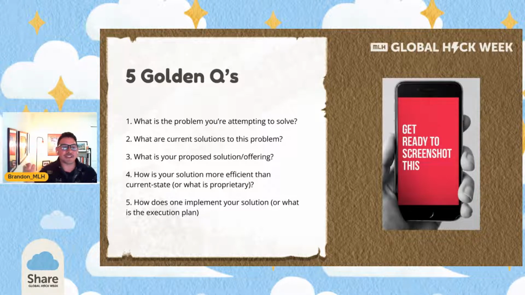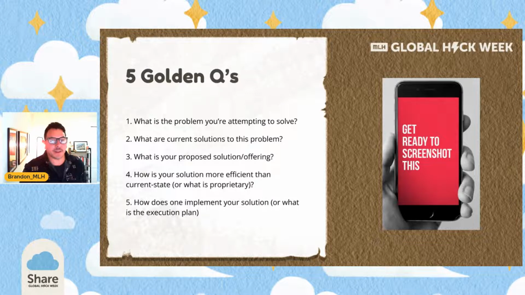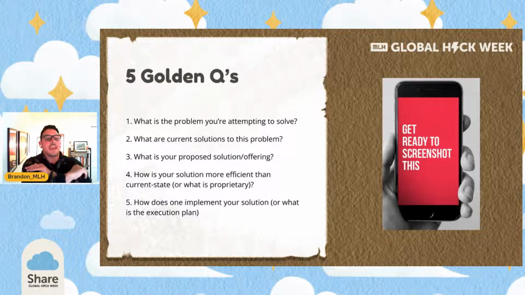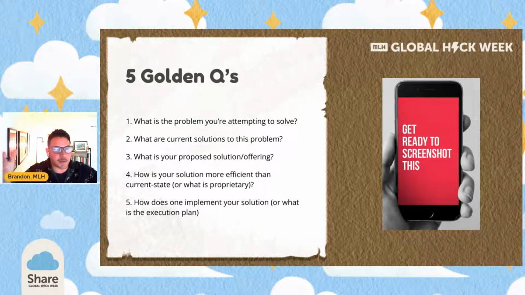So, those are the extreme examples. Just really think about the scale of the issue, and that's how you know what's a good amount for a short amount of time. Run through this exercise a couple of times, and if you find at the end, when you get to question 5 and ask what's the execution plan, what do we have to do next, and you realize you can't do that in 48 hours, great, throw it away and come up with another problem. There are problems everywhere you look. You might even be sitting at a table that's wobbling, that's your problem.